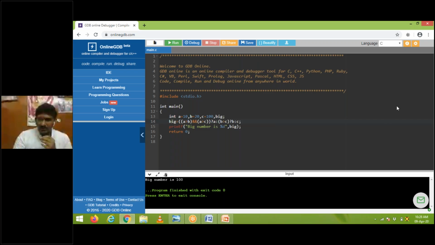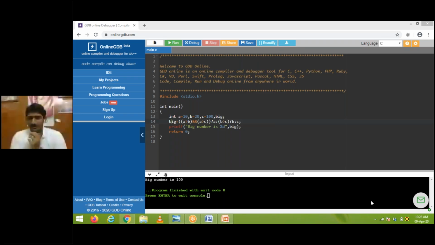Some students are chatting. Sir, is this conditional operator used to compare the biggest of an array of n numbers? Yes, you can declare it, no problem. By using an array of n numbers also you can solve the problem. Two days back I gave an assignment question. The same question you can also solve by using a conditional operator.